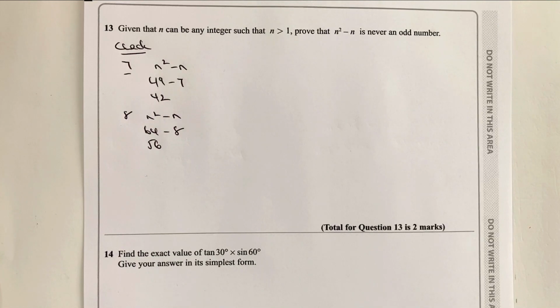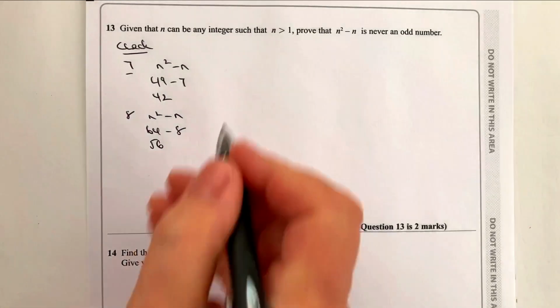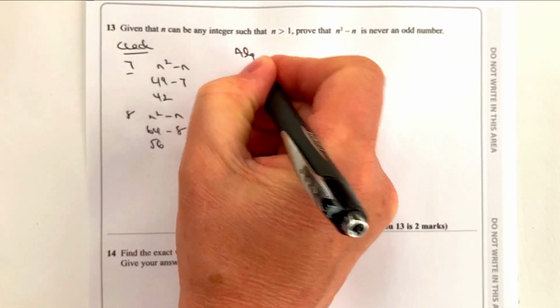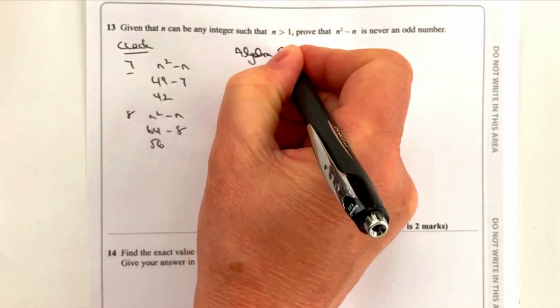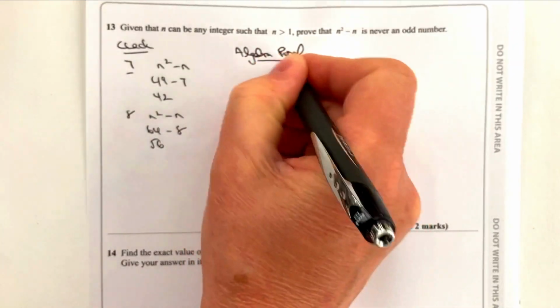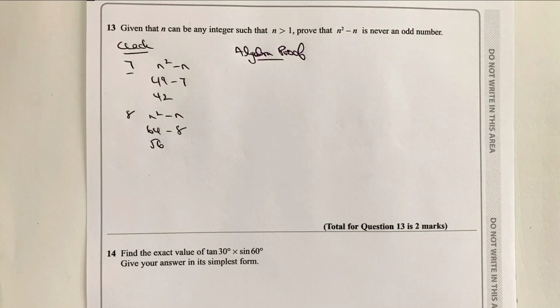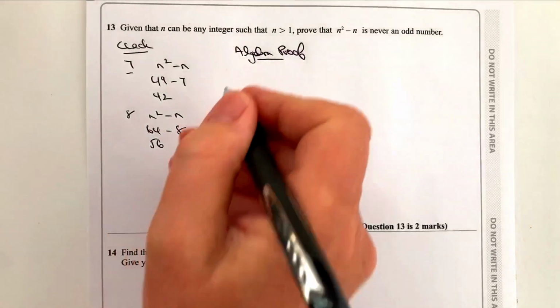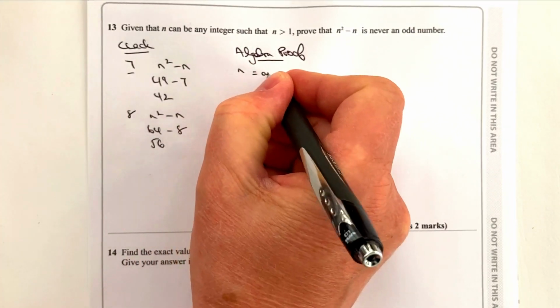Okay, so in order to do that, we have to use algebra proof, which is what we're going to do here. So in algebra proofing, and again, if you have a look on my channel, you'll see that there are some playlists that have a lot of these sorts of questions. What we say is that we've got kind of three standards, if you like. We say that n is equal to any number,